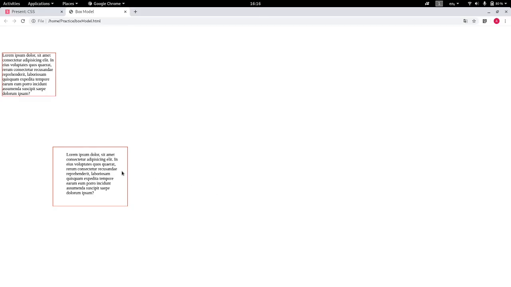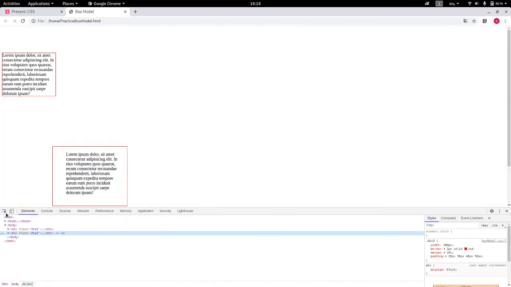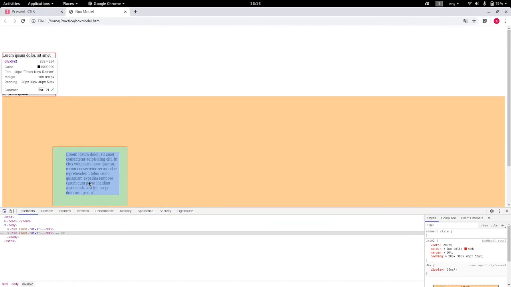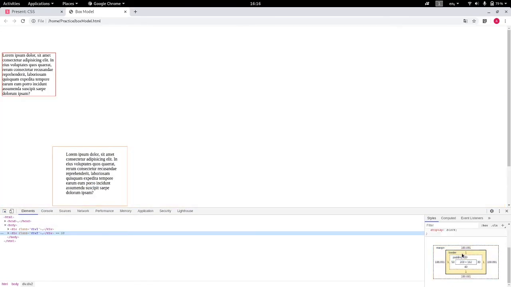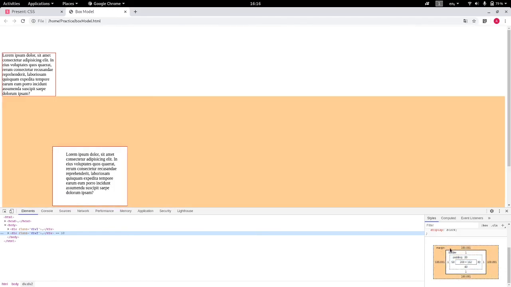Let's use the Chrome inspection tool more briefly now. You can just click on this element and select this element. Go to the bottom, and here you can see this box model diagram, which will explain all the dimensions for this element.